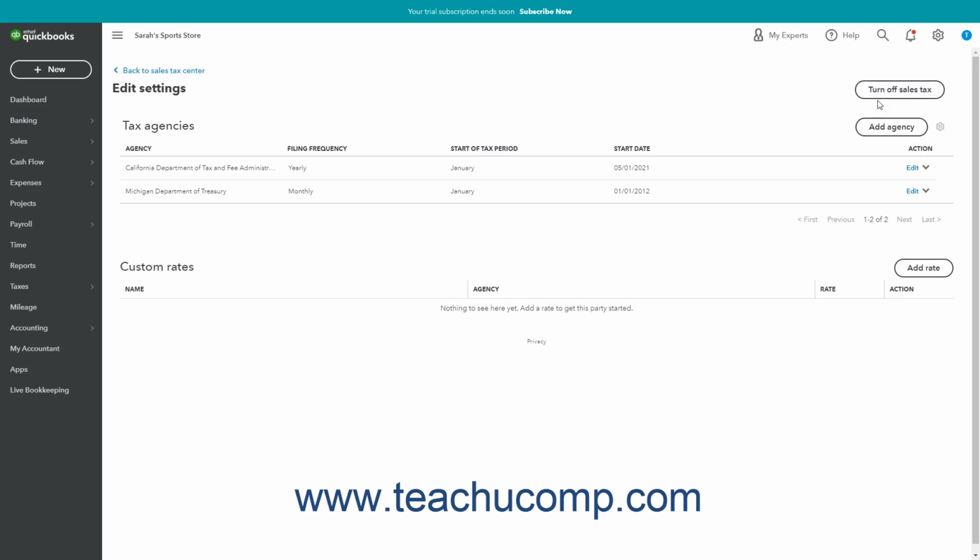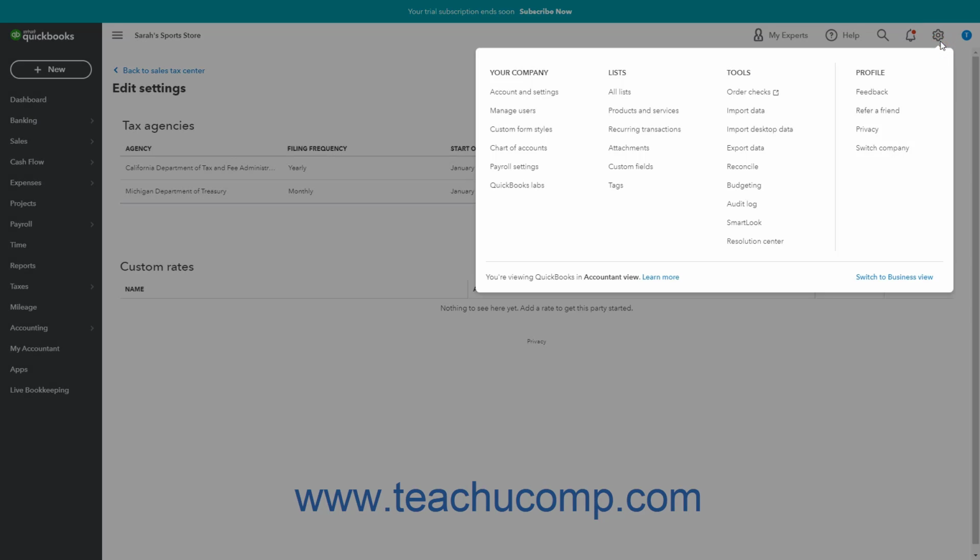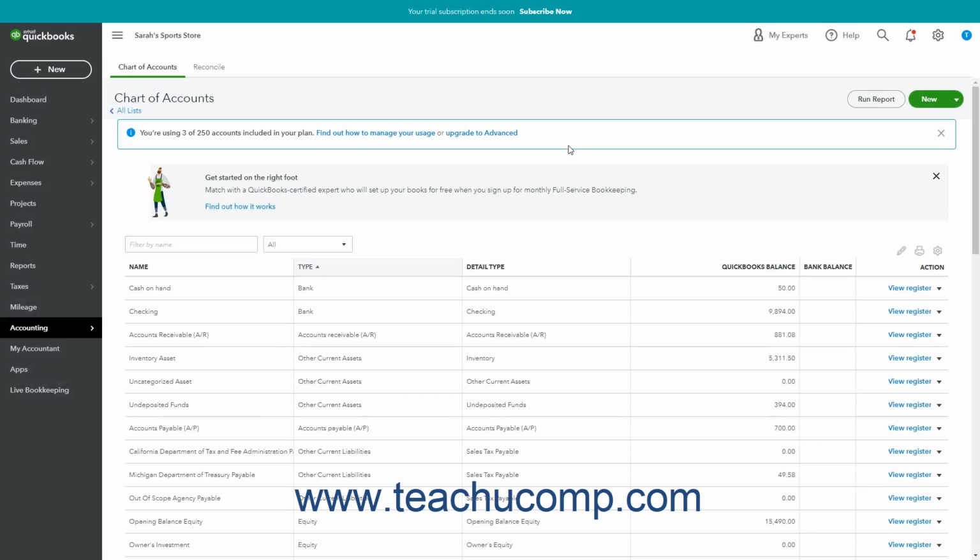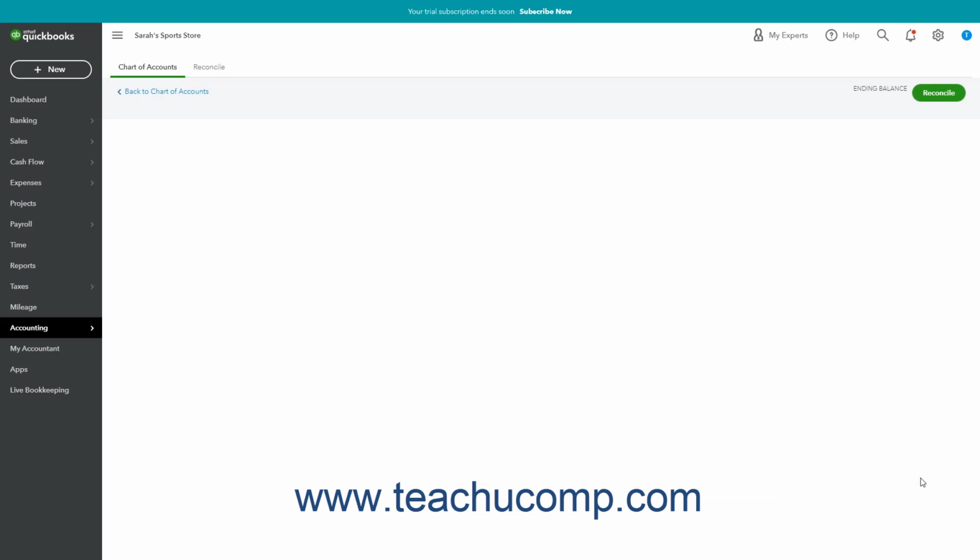To then view a register for an agency, click the Settings button in the QuickBooks Online toolbar and select the Chart of Accounts link to open the Chart of Accounts window. Then look within the Other Current Liabilities accounts for the account named Sales Tax Agency Name Payable, where Sales Tax Agency Name is the name of the sales tax agency. After finding this account, click the View Register link under its Action column to open its register and view its